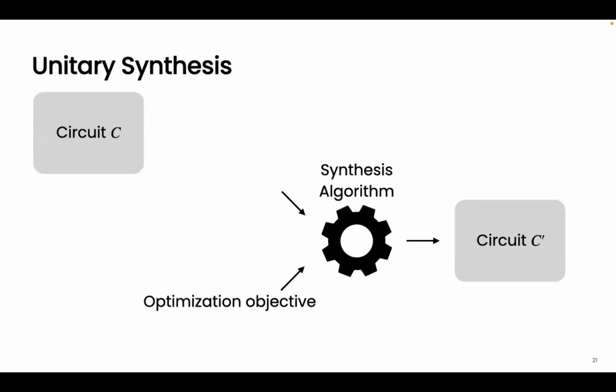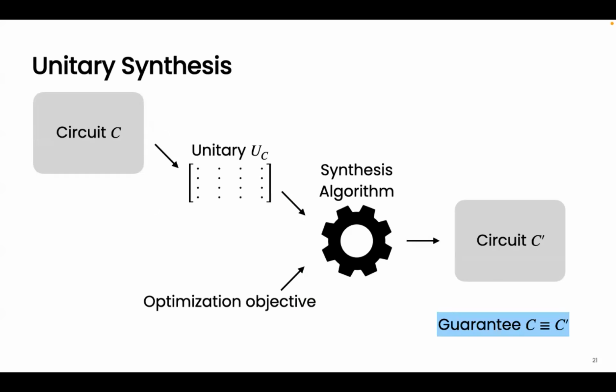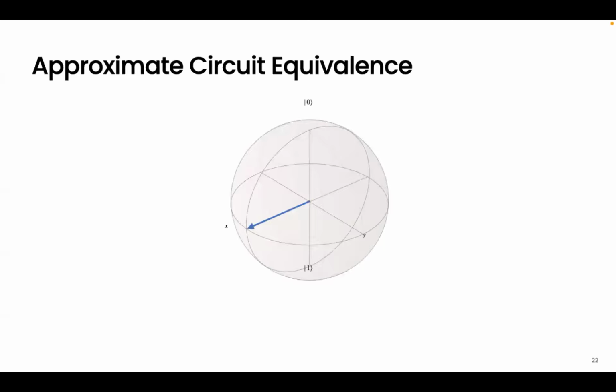And what is unitary synthesis? Unitary synthesis is just a synthesis algorithm where the input is a unitary and the output is a circuit that implements that unitary. This is a problem that is studied for closely related, different reasons. And a nice thing here is that you can approximate circuits, because circuits are just these unitaries, so you can have a unitary that is approximately